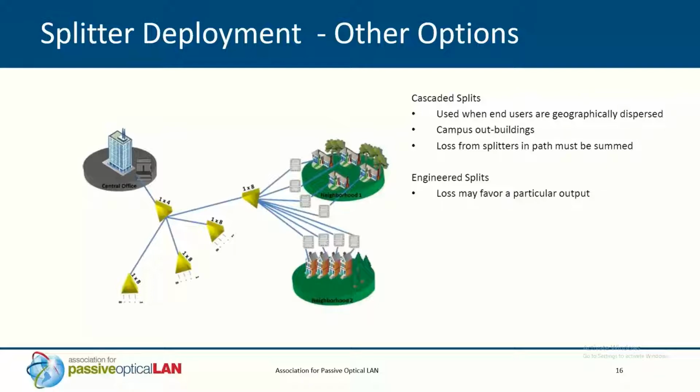I might have splits that are heavier in density, like let's say 8 or 16 ports. And then if I'm going further away from that location from my service provider, I might want to consider having fewer splits, so that I can maintain more power and not have it lost in the splitters, so that I can maximize my reach. Obviously, this takes a little bit of calculations and know-how, and that's why it's called an engineered split. And you have to really consider the different losses as you go through the different splits.